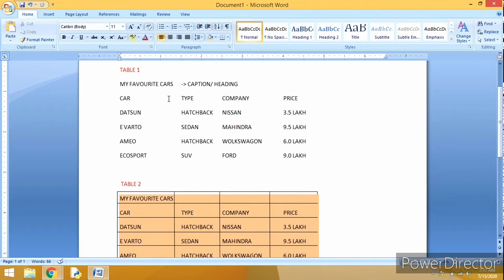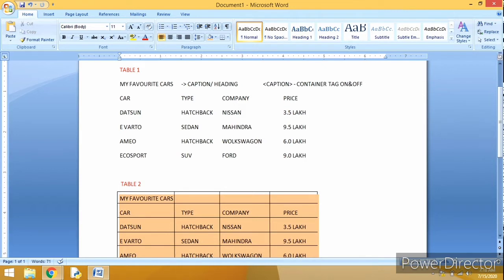By which tag name? Can you tell me? It can be created with the tag as what I have written. What is it? Caption. Okay, caption. So this caption is also a container tag. It is a container tag, so it requires the on and off both the tags.